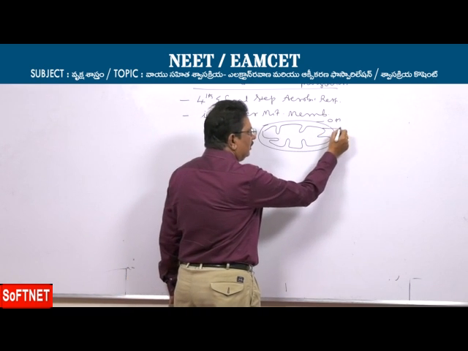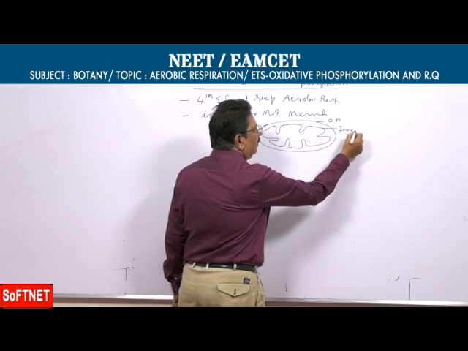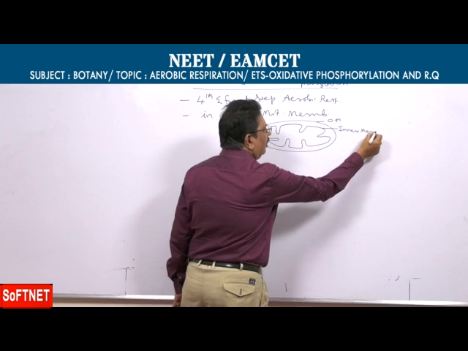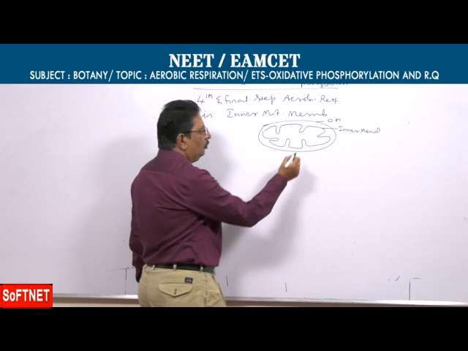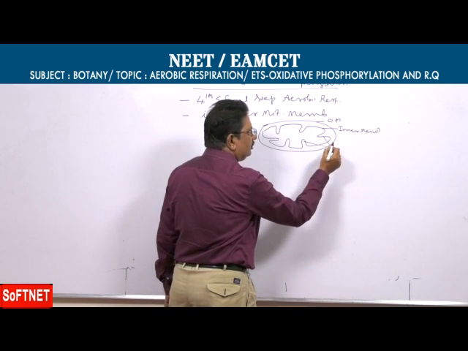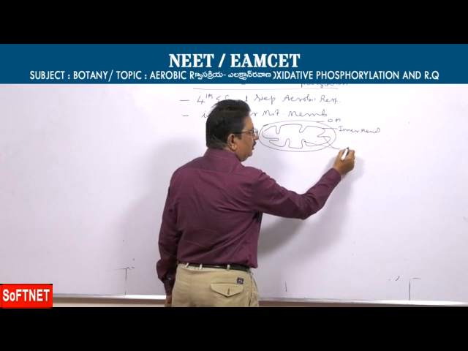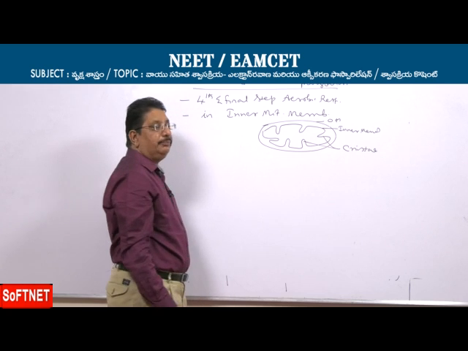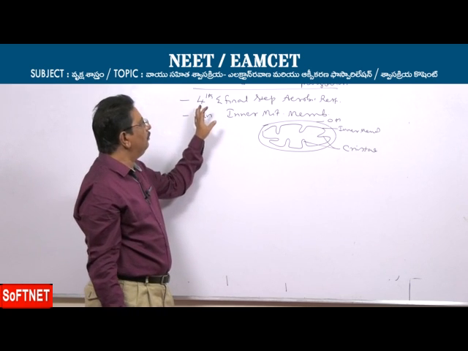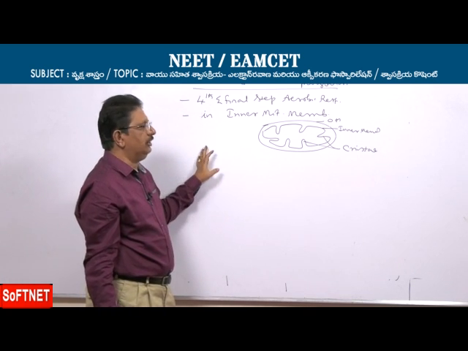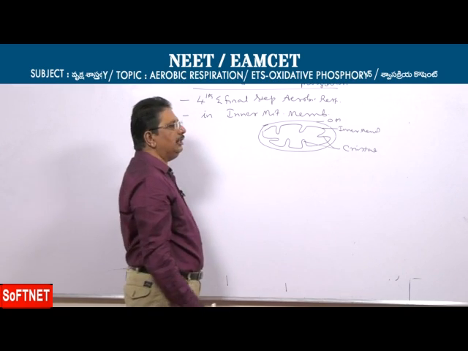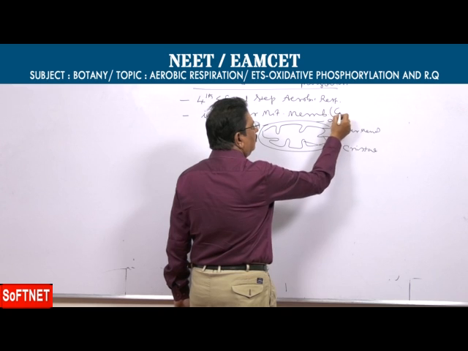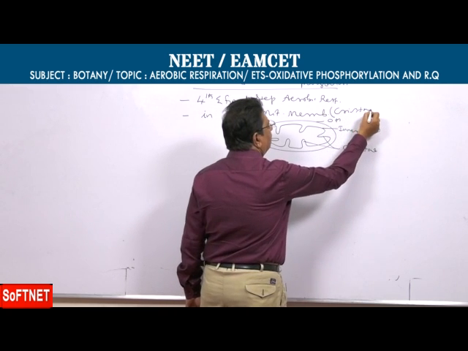So, this highly folded inner membrane of mitochondria with finger-like projections called cristae is the main site for completion of this ultimate step. So, inner mitochondrial membrane, or you can consider it as cristae,